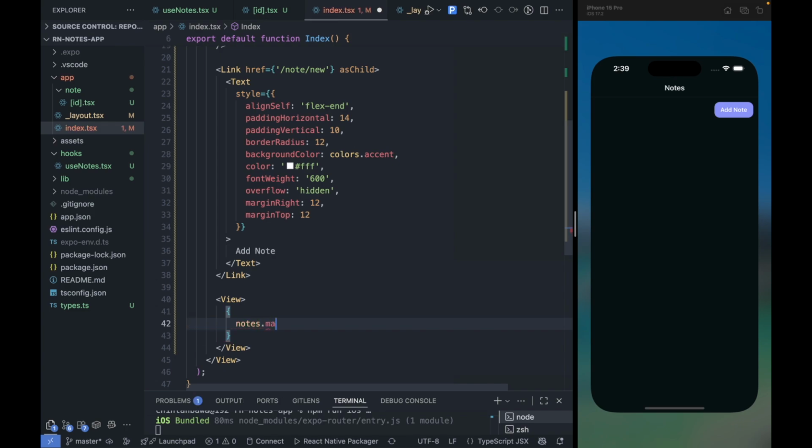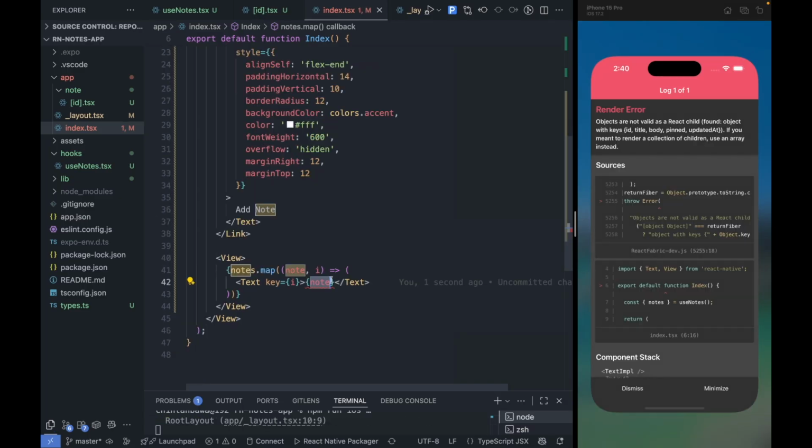So I will say notes.map, and I will provide note and index, and over here I will return a Text from React Native, and in this text I will provide the note. Over here I will provide the key,